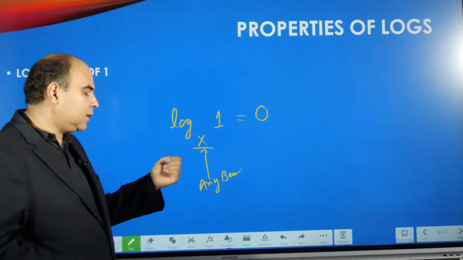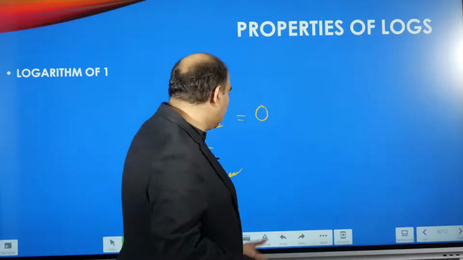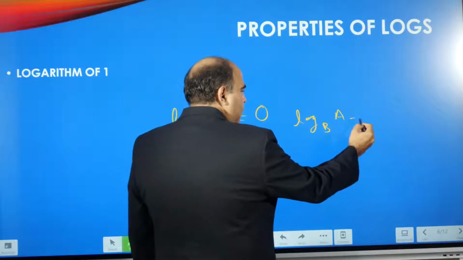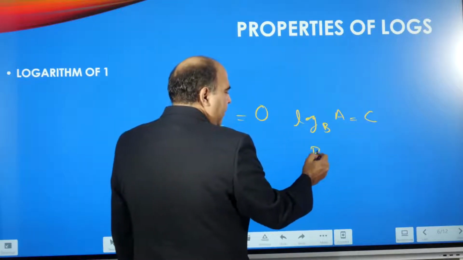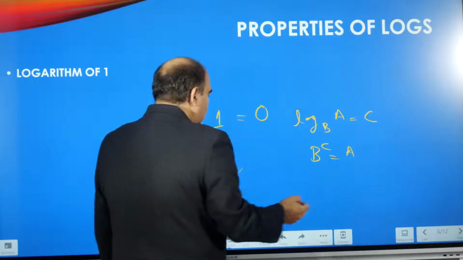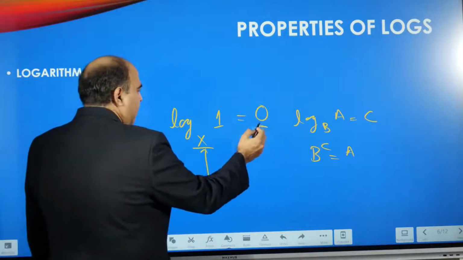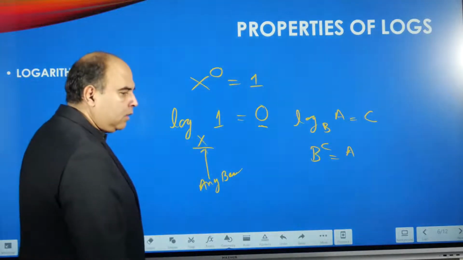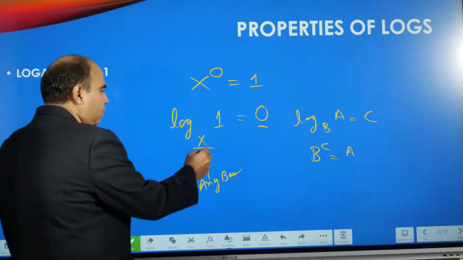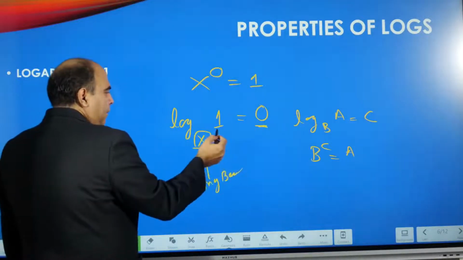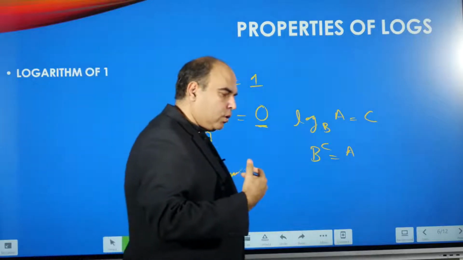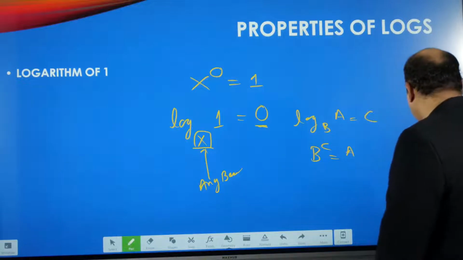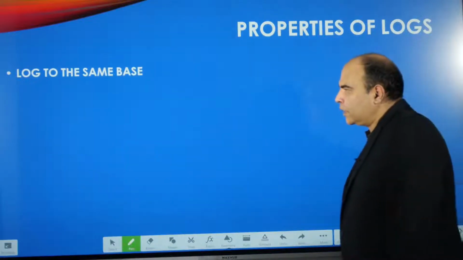The reason is this logic comes from the definition of logs, because when you write log a to the base b equal to c, this basically means b raised to c is equal to a. So if I don't use a 0 here, I have a contradiction, that I cannot get a value of 1 from x raised to a nonzero power. That's why you use x to the power 0, so log 1 to the base x is always 0. Just remember that, and we will also see this when we look at the graph of logs. So that is the fifth point about logs that you have to remember.